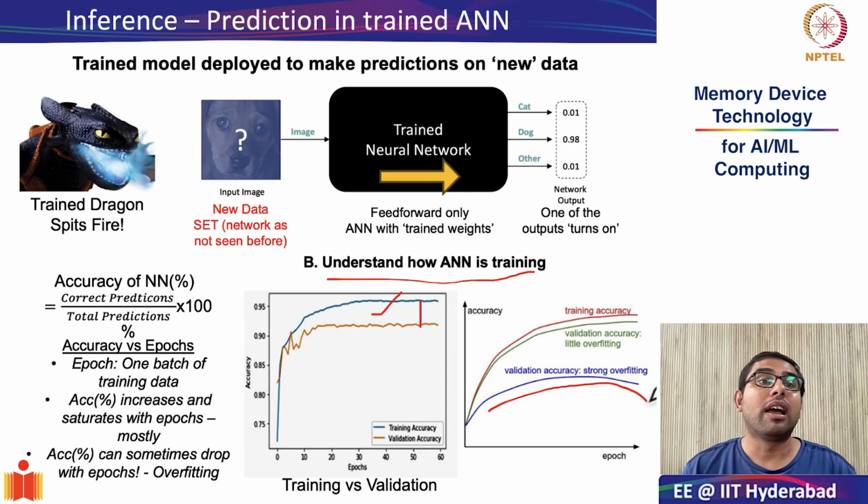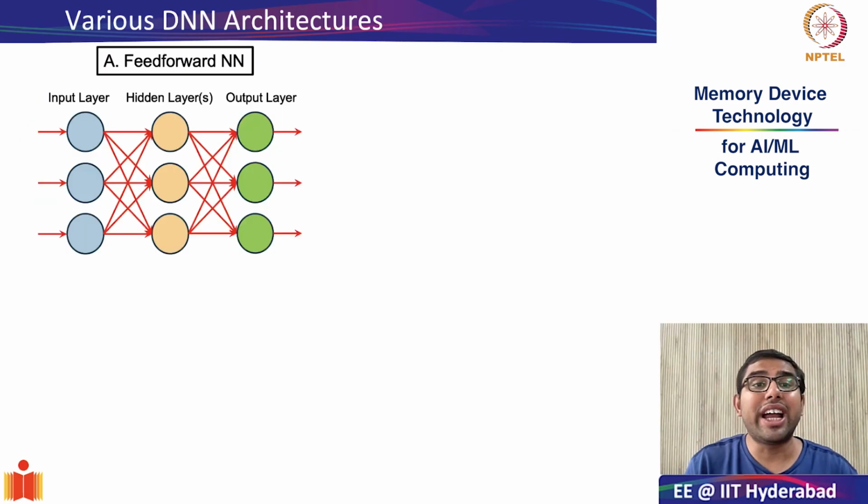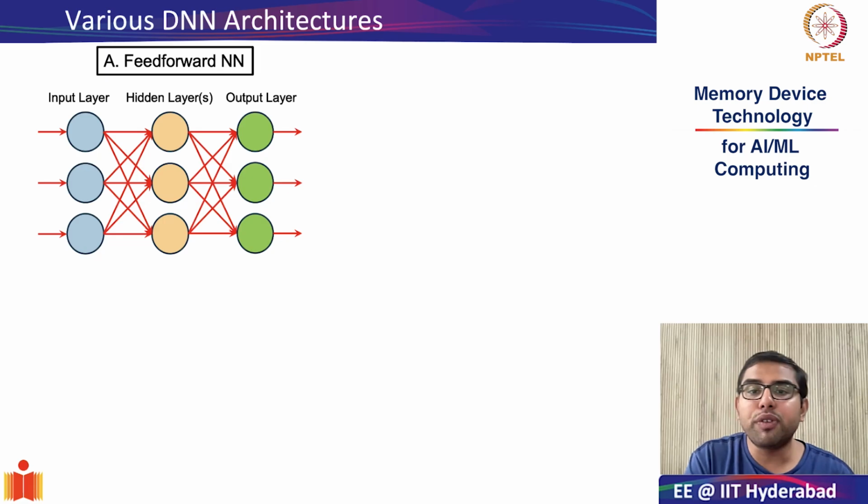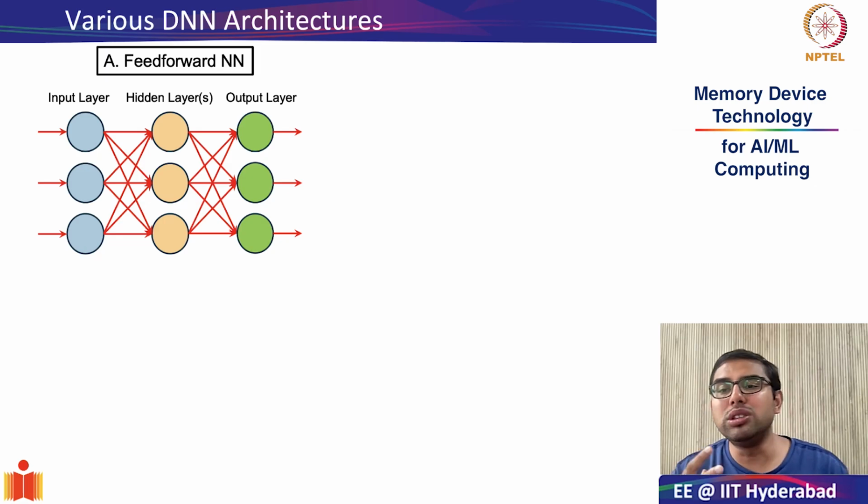Okay, with this, we are in a good stage to conclude our study of generic artificial neural networks, and we will next discuss the different kinds of DNN architectures that are commonly used for doing several classification operations. So when we talk about neural networks, we are not just talking about one single architecture. Over the years, researchers have developed a variety of designs, each specialized for a different kind of problem. And you can think of them as different tools in a toolbox.